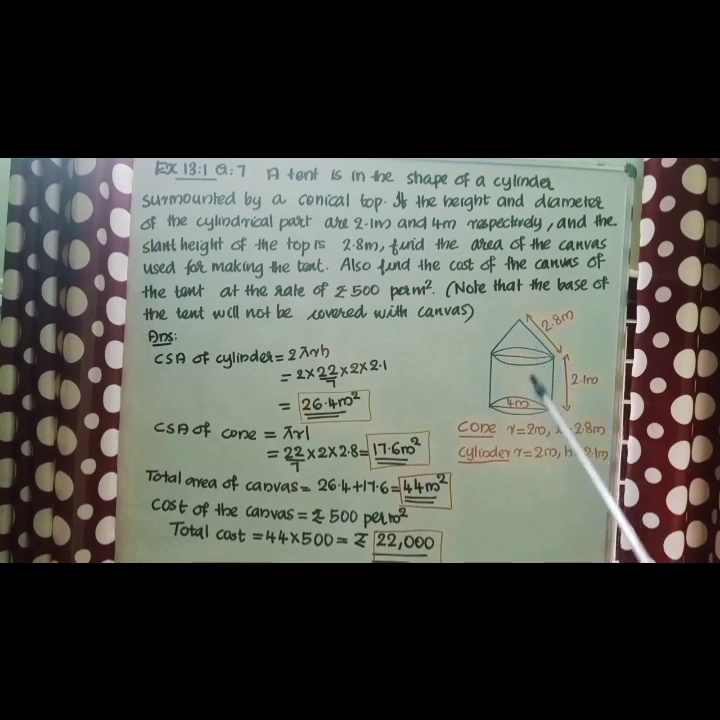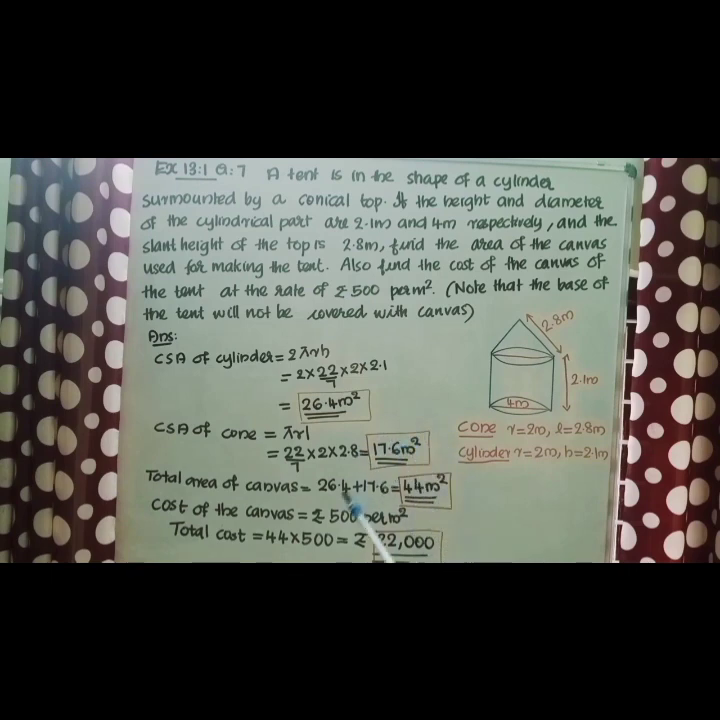First we need to find out the area of the canvas used for making this tent. So we need to add the CSA of cylinder and CSA of cone. Let us find out it separately. CSA of cylinder equal to 2 pi RH, that is equal to 2 into 22 by 7 into 2 into 2.1, that is equal to 26.4 meter square. CSA of cone pi RL, that is equal to 22 by 7 into 2 into 2.8, that is equal to